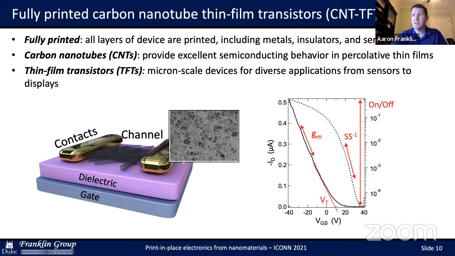It can be used as a multifunctional sensing element. It can be used as a simple digital control type device. And so for that reason, it gives us the ability to analyze materials from dielectrics to semiconductors to conductors, all in a single device form factor. And if you're less familiar with transistors, I provided an example transfer characteristic here. I won't have time to walk through all of the particular metrics that we extract, but it gives you at least some headline view of what we're using in terms of current voltage characteristics to study these films.